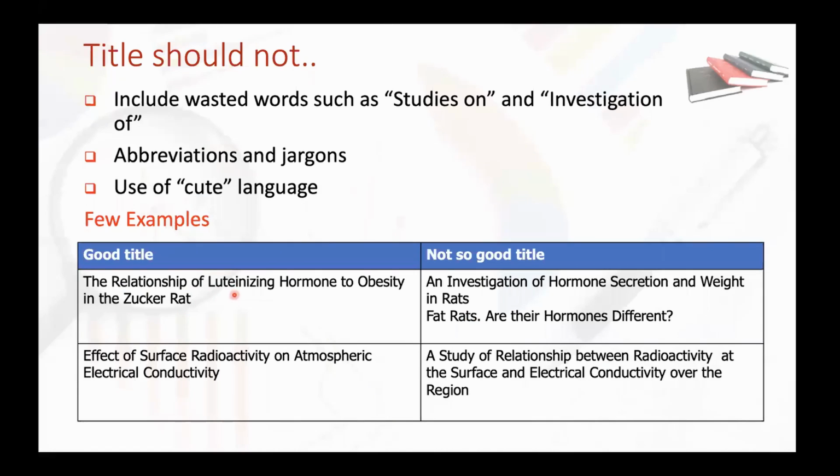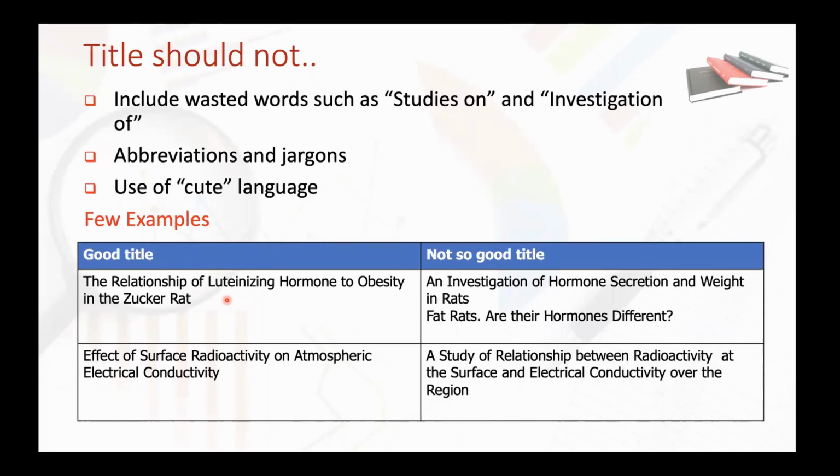What is in the paper? The paper explains a relationship between a particular hormone, which is mentioned here. And what is the relationship? This hormone is related with obesity, and where the experiment is done, in which animal, it is in a sugar rat. You can give a scientific name also, along with the common name, so that the title will be the best title. Because when a reader goes through the title, he gets every idea what the content is. Okay, so this is how a good title is